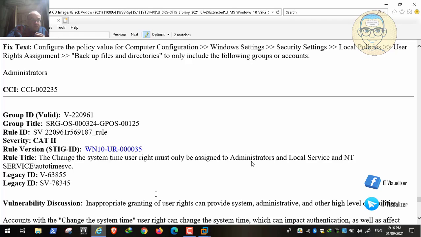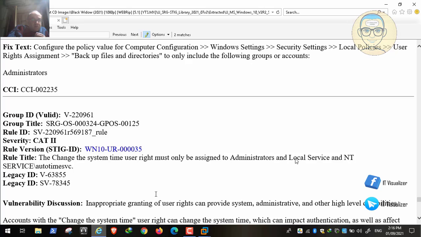The only ones that should have the right to change the system time are the administrators and two other local users on the machine, called Local Service and NT Service. You have these two local users on every machine; they are created by default when you install the Windows operating system.